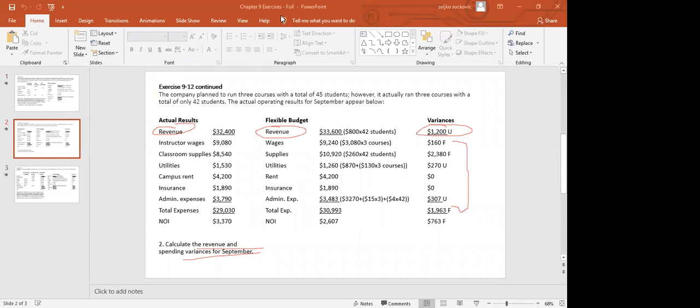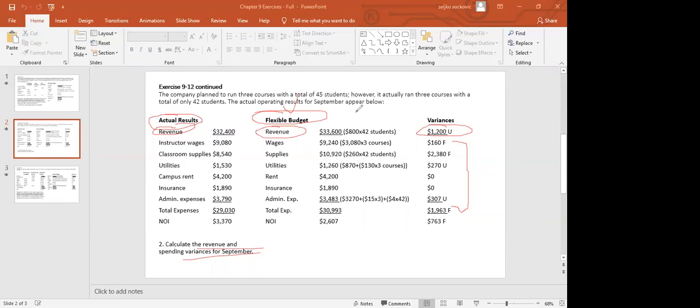Well, we said the first thing you remember is I need a flexible budget, because I will compare flexible budget to actual results, not to the planning budget. How do I create a flexible budget? Well, we create it by using functions from the planning budget and actual